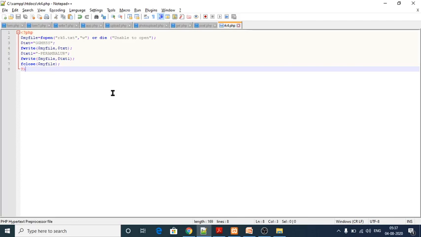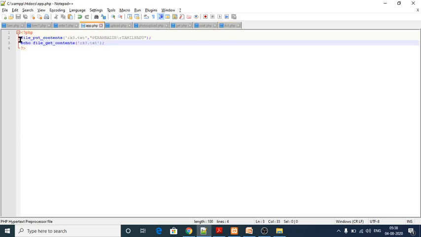To append a file, the file_put_contents function is used. File put contents is used to append a file. So see here, this function helps me to append a file.